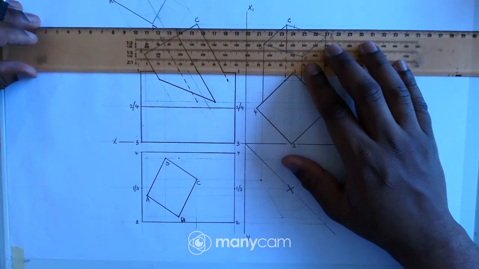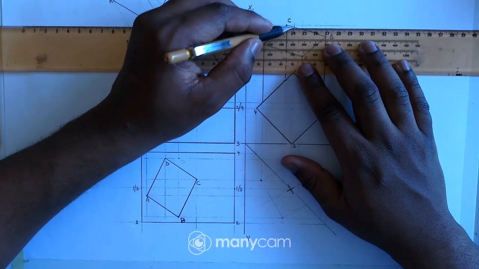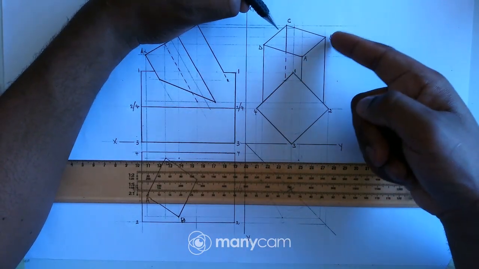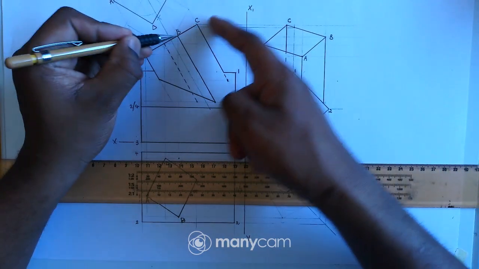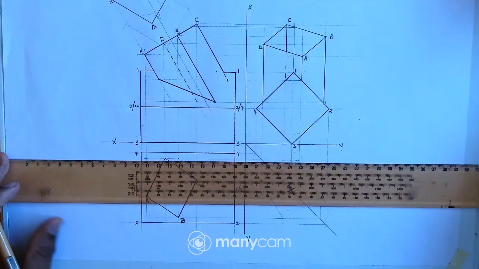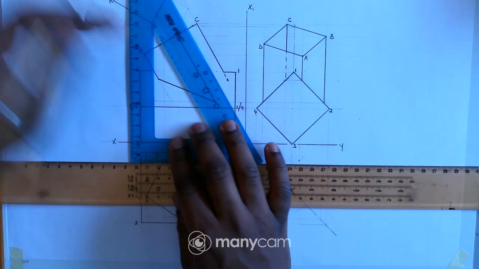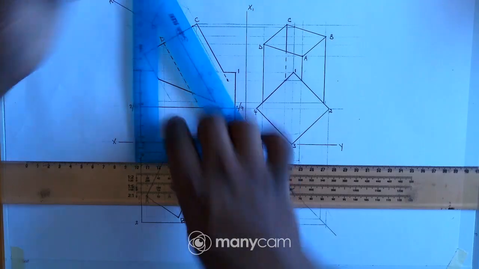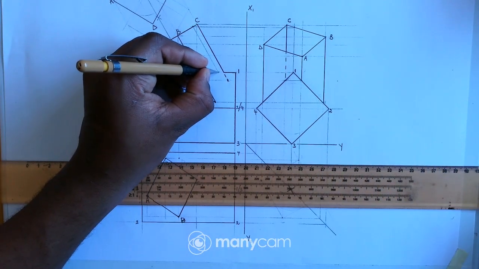Then from there I can just take this point to here, because this point is between B and C, so B and C is there, so I have a point there, right there, and then from there I can just take this down to here. That means we have a point there.